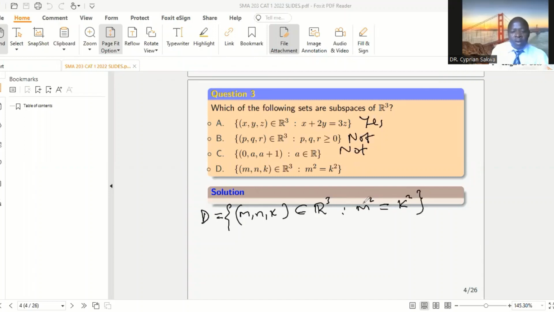So I can see from the look of things that this will not be a subspace, because D consists of